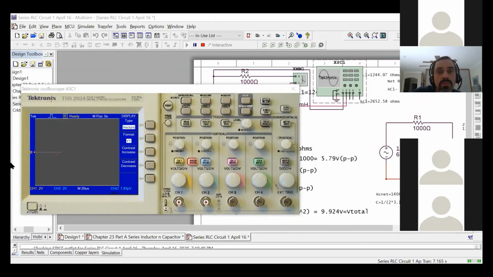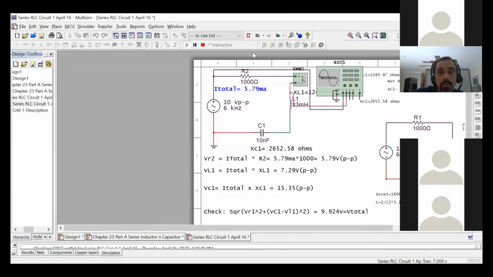Here, let me do this. Let me see if I have a poll for you guys. I'm going to send these diagrams out to you. So I'm going to shut this off. And I'm going to do